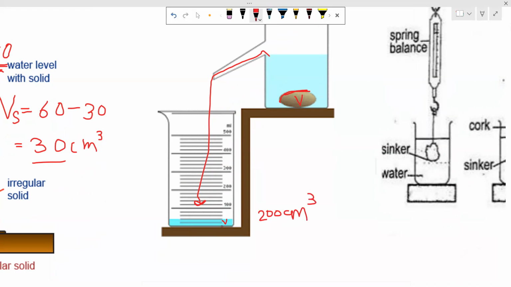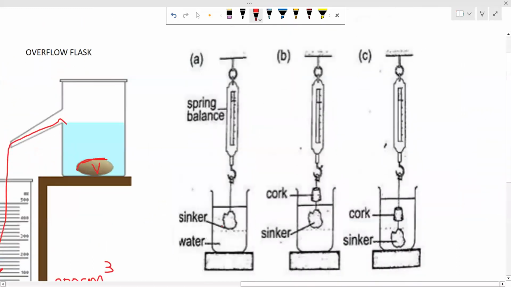Now if I ask you, अगर मैं आपको पूछता हूँ, what is the volume of the stone that is immersed inside the liquid? What will be your answer? 200. Why? Because the volume of the stone immersed inside the liquid is always equal to the water displaced. जो liquid बाहर निकला उसका वॉल्यूम और इनसाइड सॉलिड का वॉल्यूम हमेशा सेम होता है।